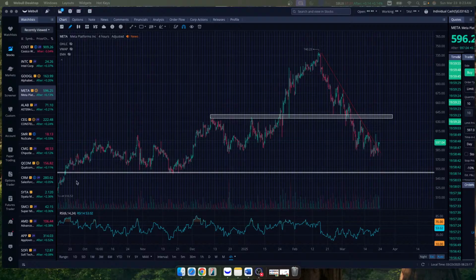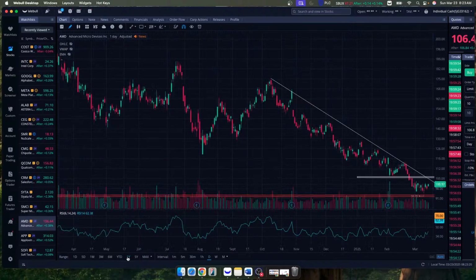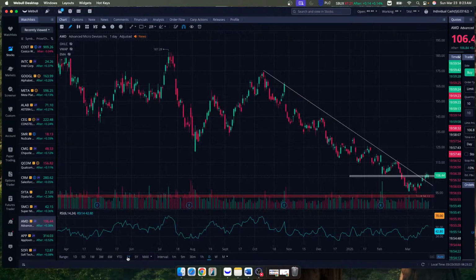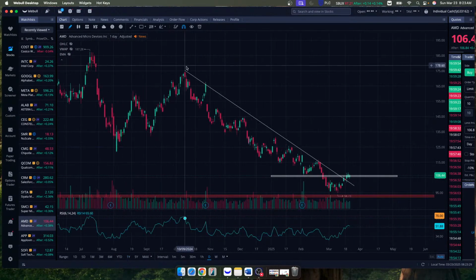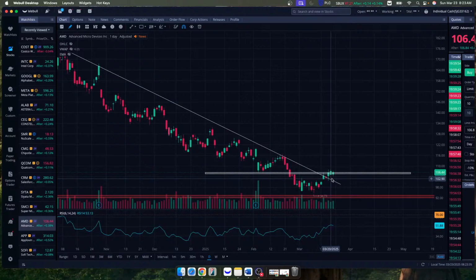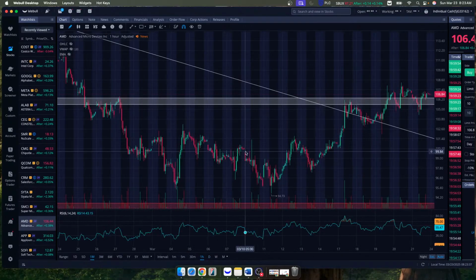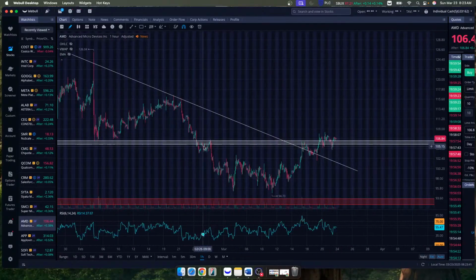Let's take a look. AMD is another stock that I'm very interested in. It is finally holding this level. I've been very patient, haven't bought it. And looking at this here, you had this downtrend where it was rejecting, and now it is finally coming back. We are getting this push here. Can we hold the $100 level? I would just use the $100 level as your support, but this would be the break and retest.